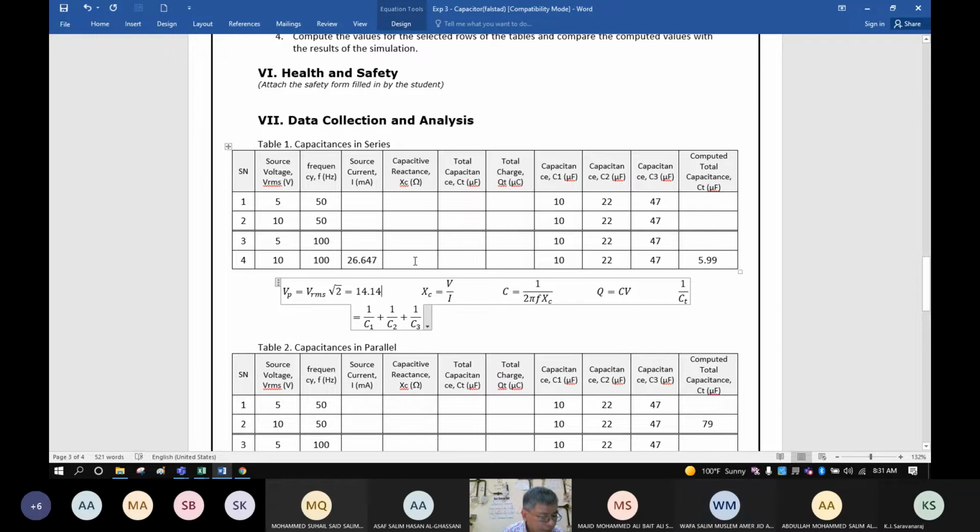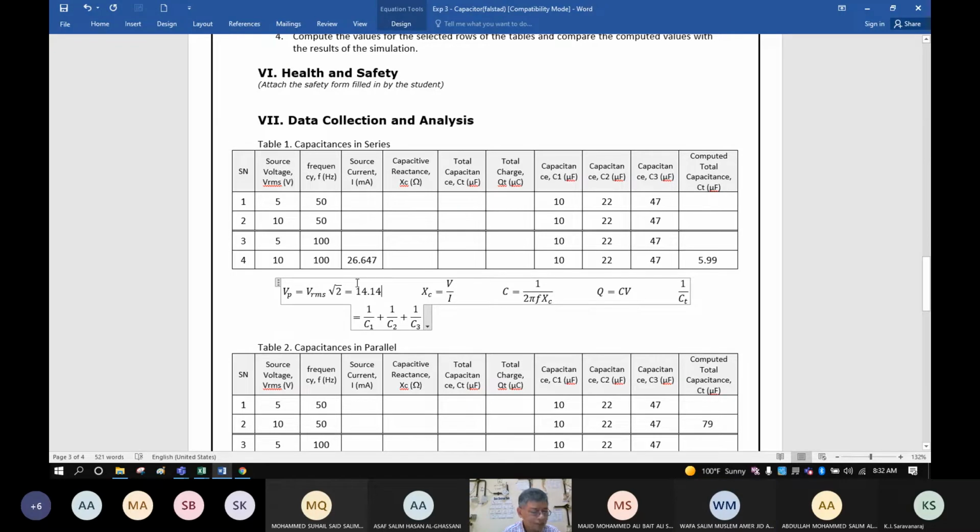0.53? No. I'm looking for XC. What is your answer? Voltage divided by the current only. 10? No, wrong. 0.53, wrong.